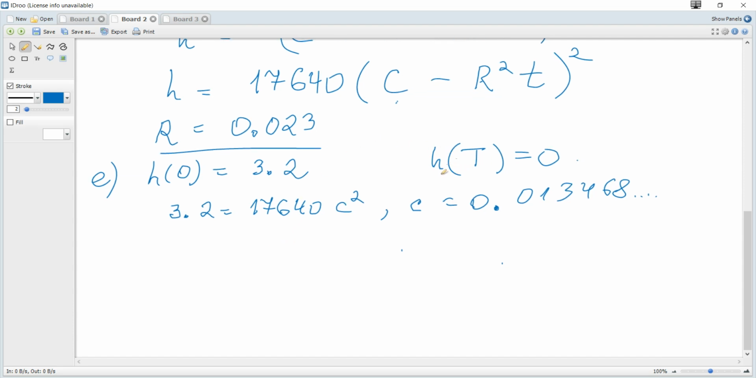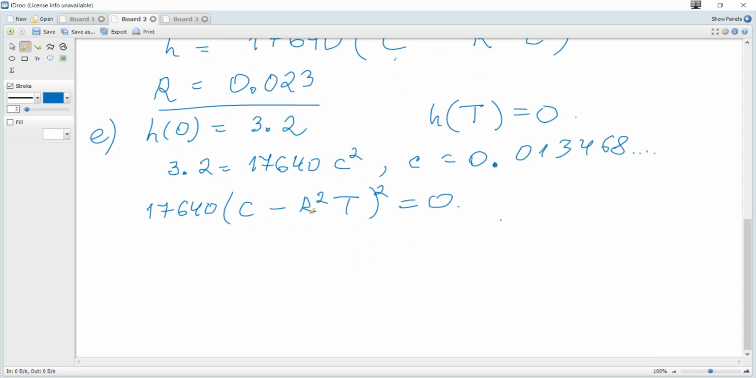just consider h of capital T is equal to 0. So it becomes this value, this C, let's write just C and R, and then substitute, and capital T squared is equal to 0. So it to be 0, it means what? It should be 0, so it means C is equal to R squared capital T. So capital T is equal to C divided by R squared,